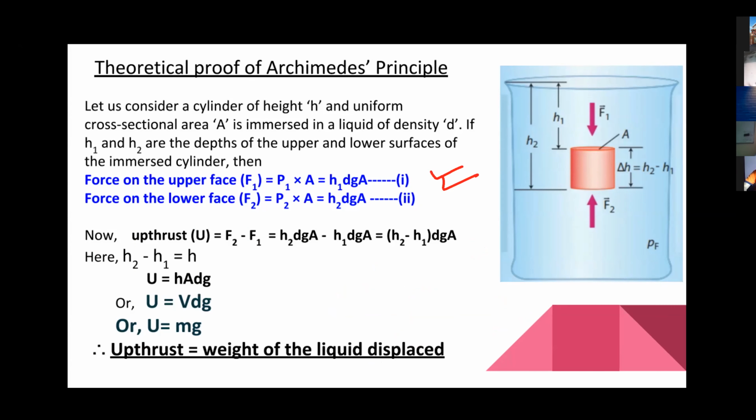Similarly, the force on the lower face, that is F2, is F2 equal to P2 into A. Here P2 means the pressure at the lower face, and the height of the lower face is H2, so P2 is replaced by H2dg, because d is the same, that is the density of the liquid, and g is at the same place, so acceleration due to gravity is the same, and the area of the cylindrical body is the same. So